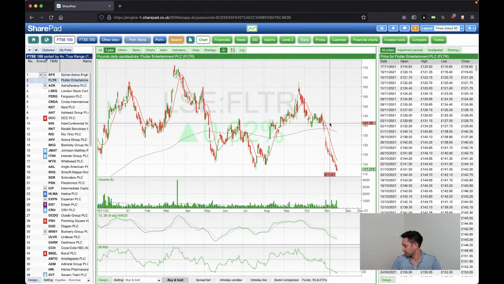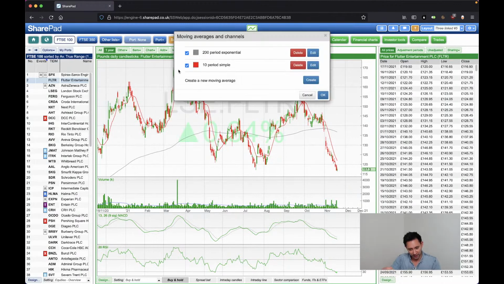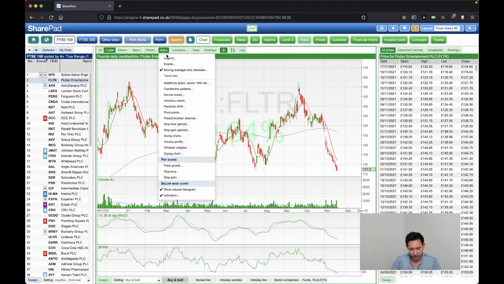Okay. If you plot a lot of different moving averages on your charts, you might start to struggle to identify what the different lines are, what moving averages are they. Obviously, if you go into add and then moving averages and channels, you're going to get that visibility. I recommend, however, utilizing the legend. That's very, very useful for this sort of thing. So in the add menu, the very first option there is the legend. You just click on that,